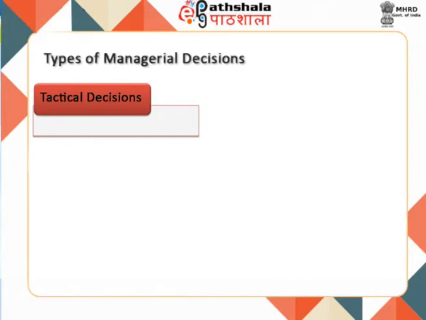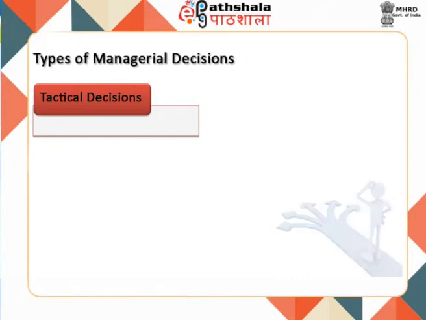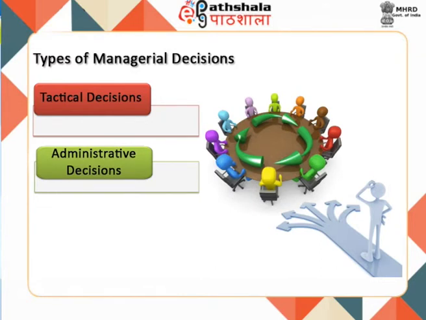Tactical decisions. Such decisions are related to routine problems and are generally taken at lower level on the basis of procedures and policies laid out by the top management. Administrative decisions. Every divisional area has a plan to proceed towards organizational objectives, and administrative decisions are related with the implementation and development of such divisional plans. For example, finance, materials, training and development related plans.